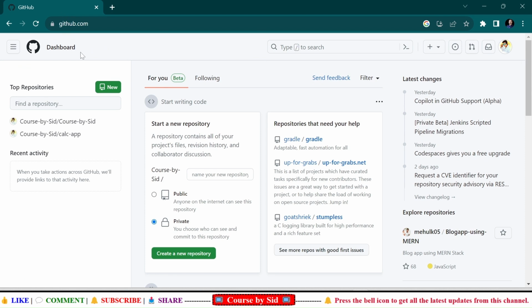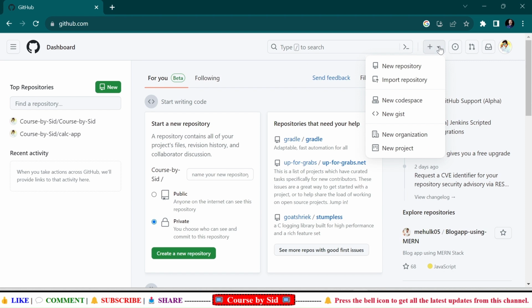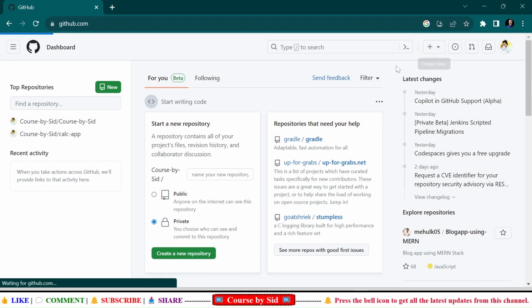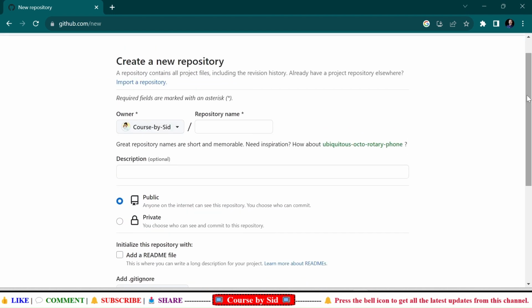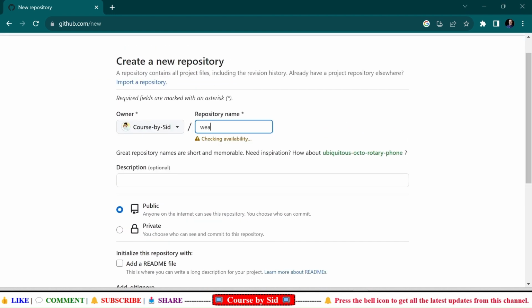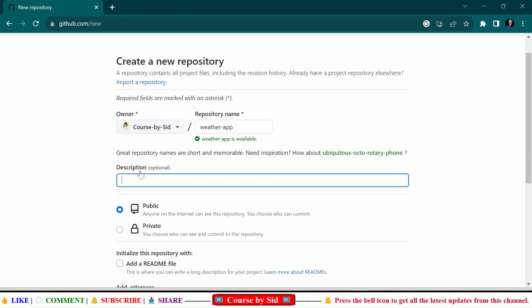So once your account is created, you will be redirected to this GitHub account, right? And then after that, you need to click on this create new repository button, right? And you need to give your repository name. So here I'll write weather app. Yes, this weather app is available, and here I will write weather application